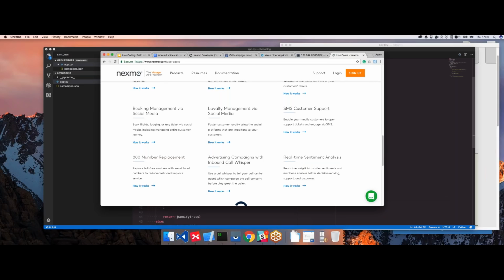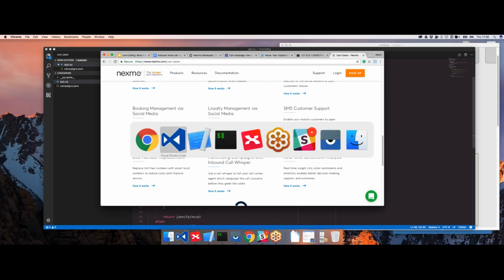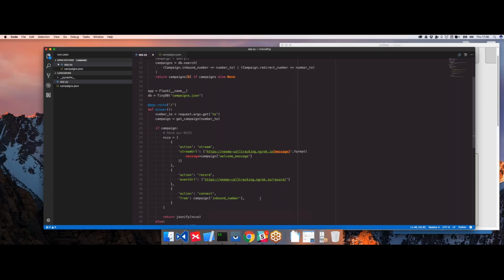So we can tell them which campaign they called, or if we have other information such as their name or their location, etc., anything that might be useful to our call center agent to deal with it, we can provide that over the phone to them first. And then once we've done that, we then bring the user into that call. So they join that conference that's already been started between Nexmo and the agent. In this instance, we're just going to use the inbound number. So if they are in a call center or wherever, that number will come up, they know which campaign it is being called about. So next we're going to need to do after that,